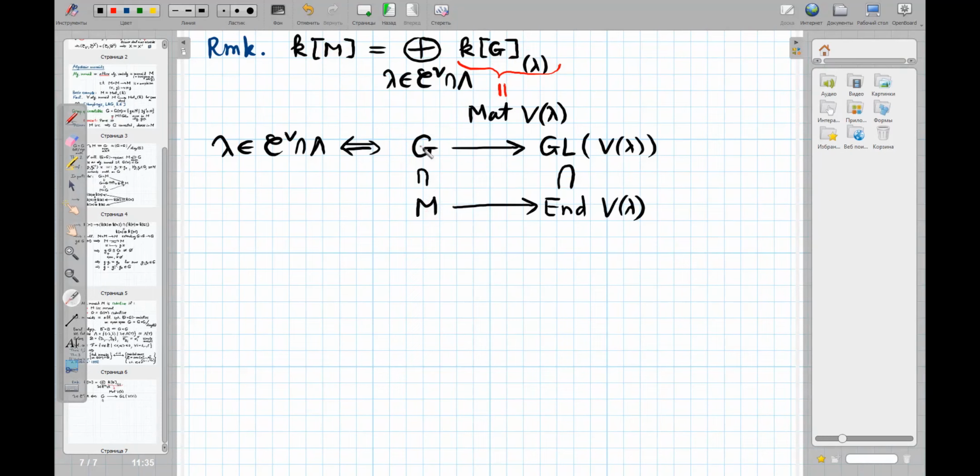So which representations of G extend to M? Well, for instance, you can take a finite set of generators for this semigroup. Suppose lambda 1, etc., lambda m are the generators